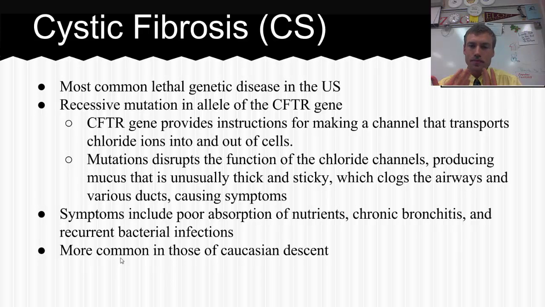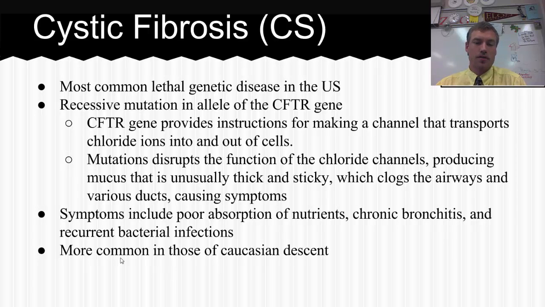It's not just in your nasal passages. It's also used in your throat and your stomach linings in order to help maintain a certain amount of fluidity. And so what happens is that the mutation codes for chloride channels that malfunction and don't work well, and because of that, mucus gets produced that is unusually thick and sticky, and that tends to clog airways and various ducts in the body, which causes the symptoms of cystic fibrosis, which include poor absorption of nutrients, chronic bronchitis,